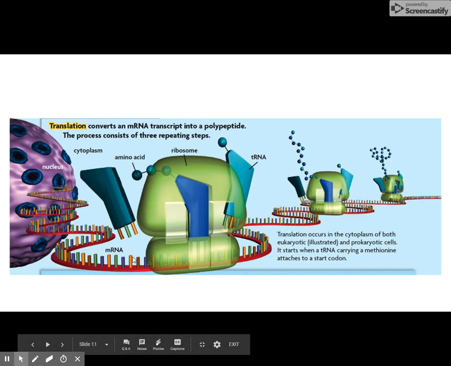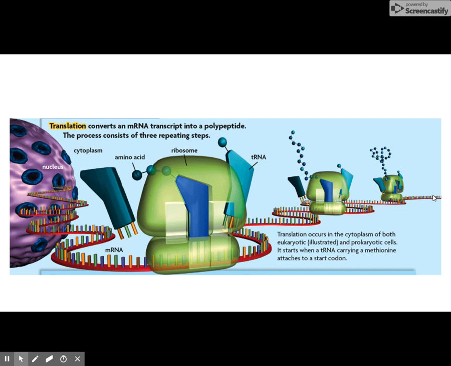So our RNA strand has now left the nucleus, and then we have an organelle called a ribosome that bonds to the RNA strand, this mRNA strand, and it's going to be the center point of where translation happens. So it has 3 openings, and what's going to happen is this molecule called tRNA is going to come into the first opening here,